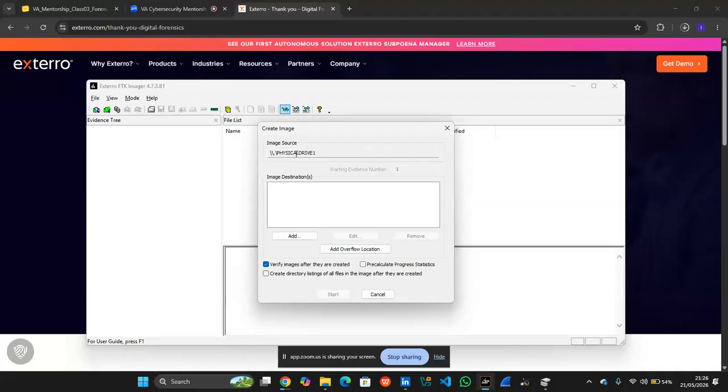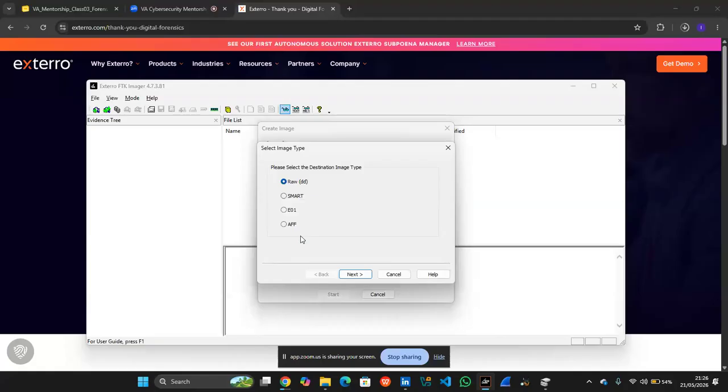this is it, the image source, and then we can add the image destination, right? This is very important for me personally. I like the imaging files to come as E01 files, right? It's the most widely used file format when it comes to imaging files.